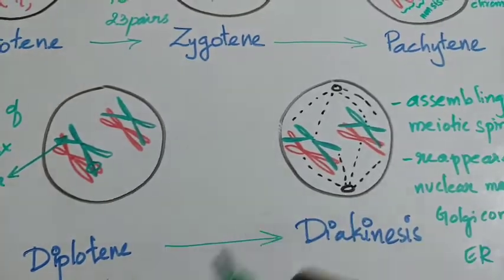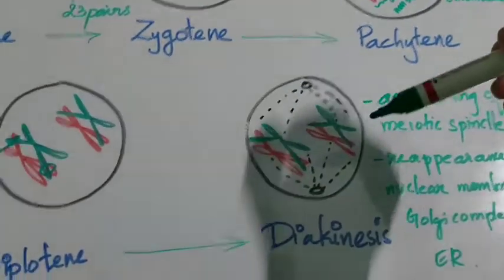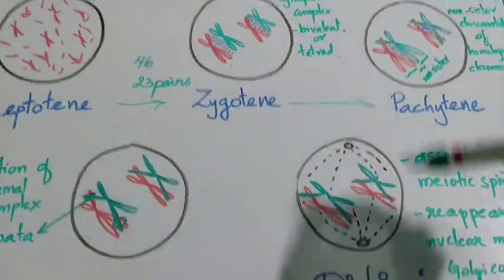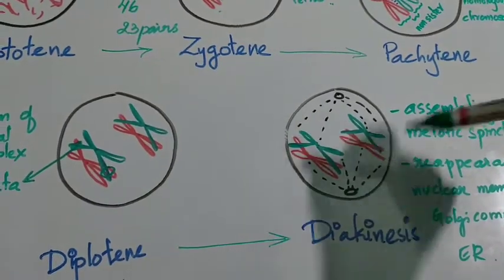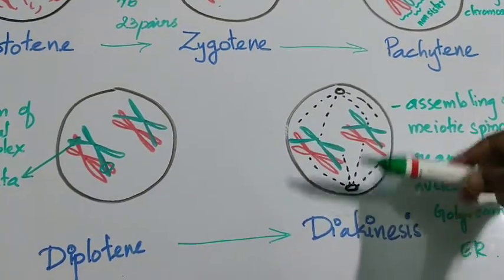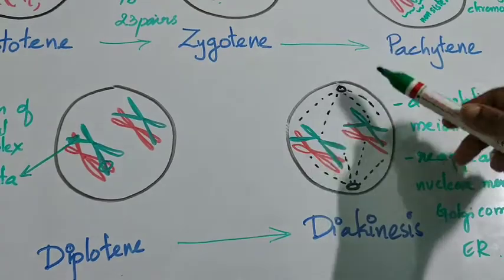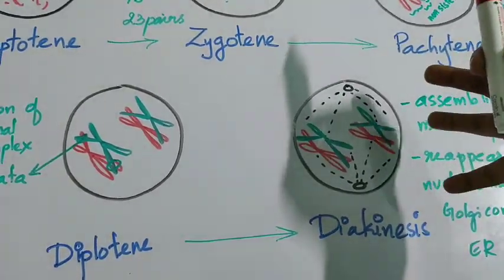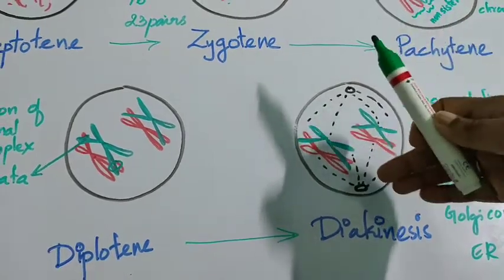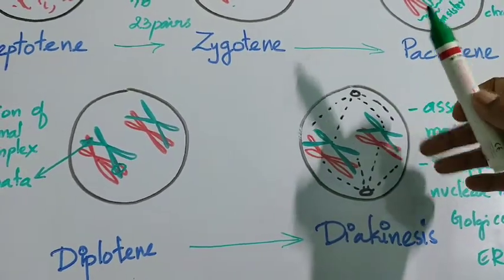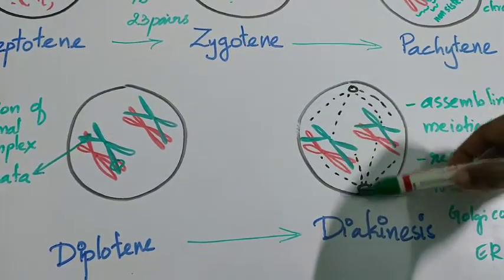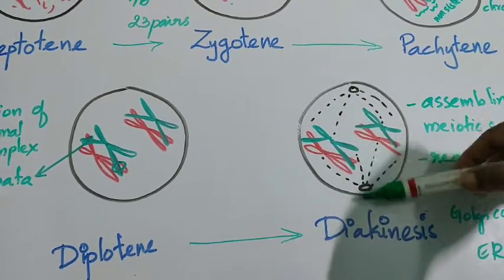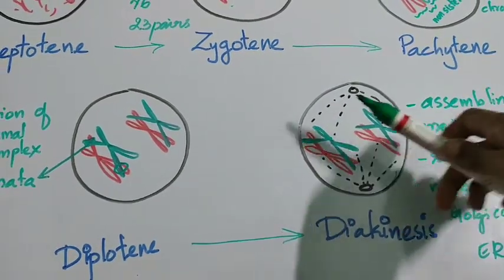Now next is diakinesis. Diakinesis is the last stage of prophase 1. ഈ ഒരു സ്റ്റേജ് എത്തിക്കഴിയുമ്പോഴത്തേക്കും നമ്മളുടെ centrioles have arranged themselves on the opposite poles. Do you remember centrioles? I told you, this can be related to mitosis also. Mitosis എന്തൊക്കെ പറഞ്ഞോ അതിൻ്റെ കുറച്ചൊക്കെ ഇവിടെയും സംഭവിക്കുന്നുണ്ട്. So the centrioles have arranged themselves on the opposite poles and the asters or the spindle fibers have formed.